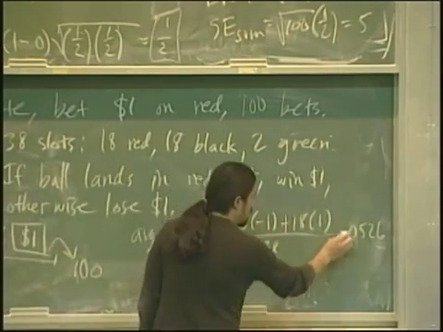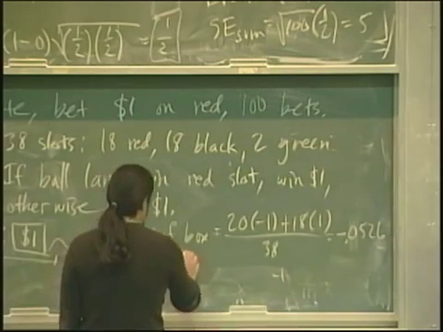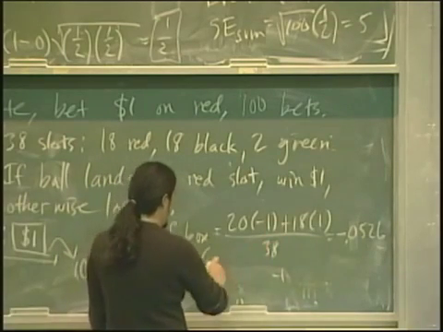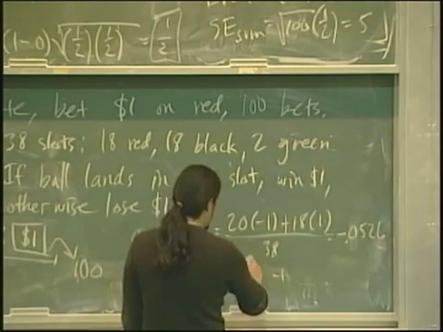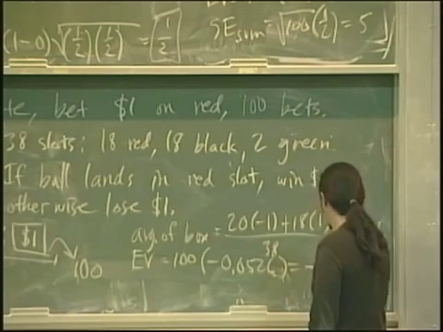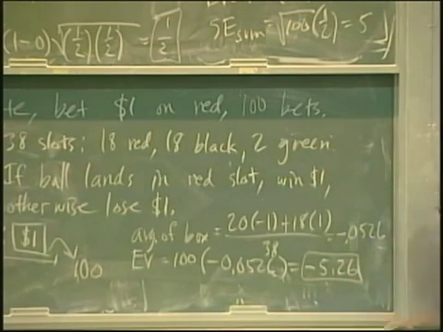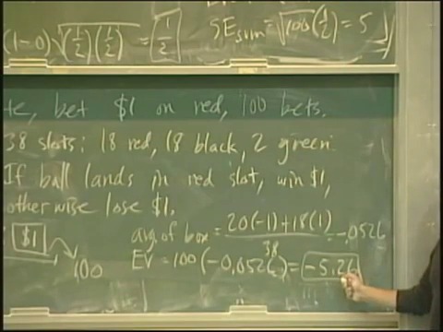And let me just get the expected value first. This is number of draws times the average. Comes out to be minus 5.26. So the interpretation of that minus 5.26 is that if I went and played 100 times at roulette, betting $1 every time, I should expect to lose about $5.26 on average, right?